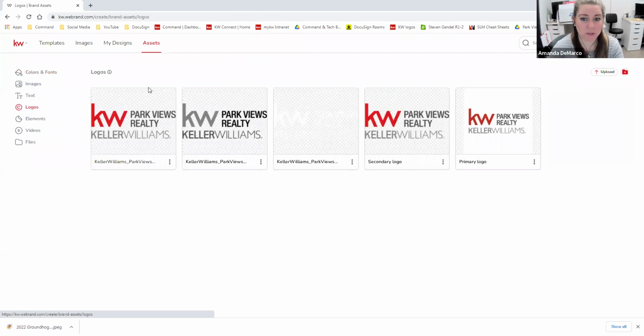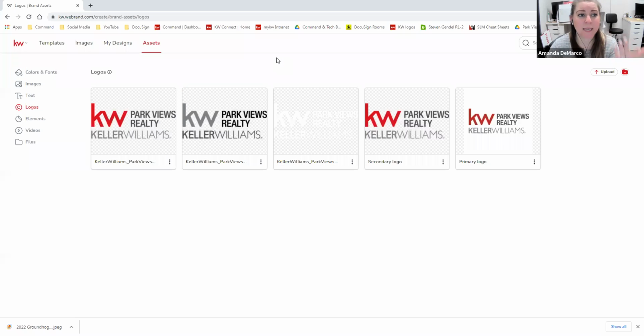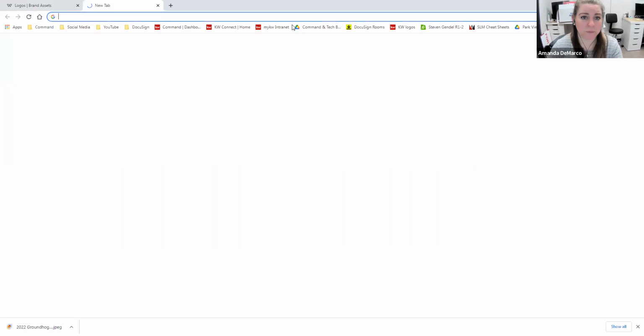So we come over to logos, and we do see that the secondary logo and the primary logo are here for us. Now these logos I have added in on my own. Any logo that you want to add in, whether it's a Keller Williams logo, or if you have your own logo that you've created, different things like that. To upload them, you are going to click on this little upload button, and then you can attach the logo from your laptop or anything else. To get these logos,